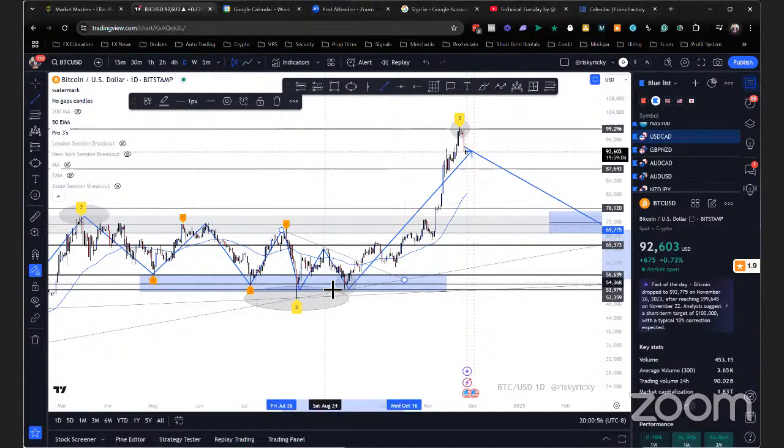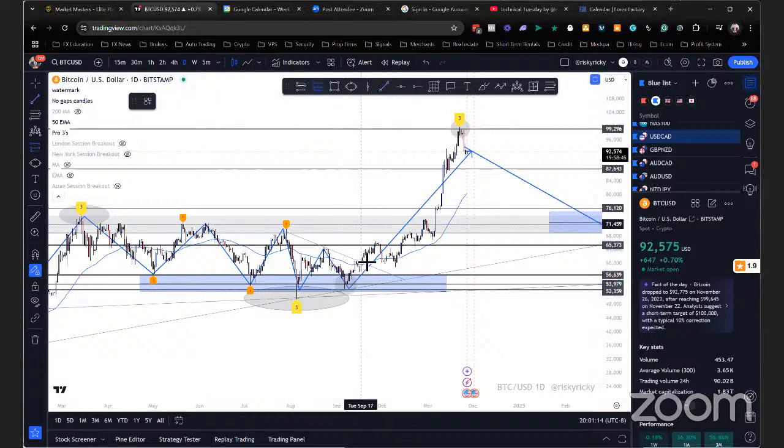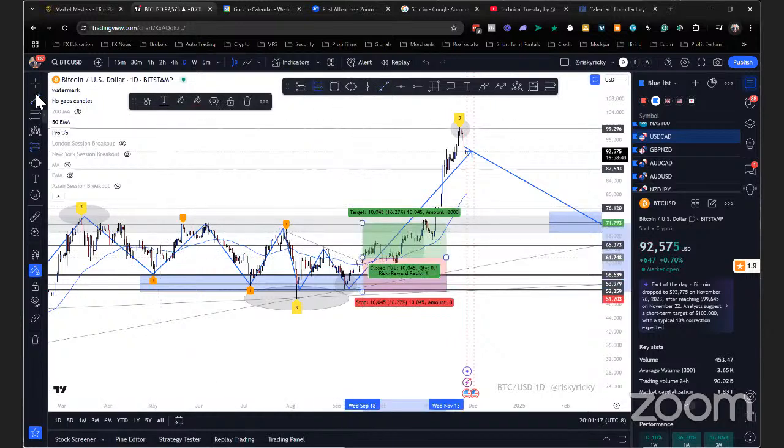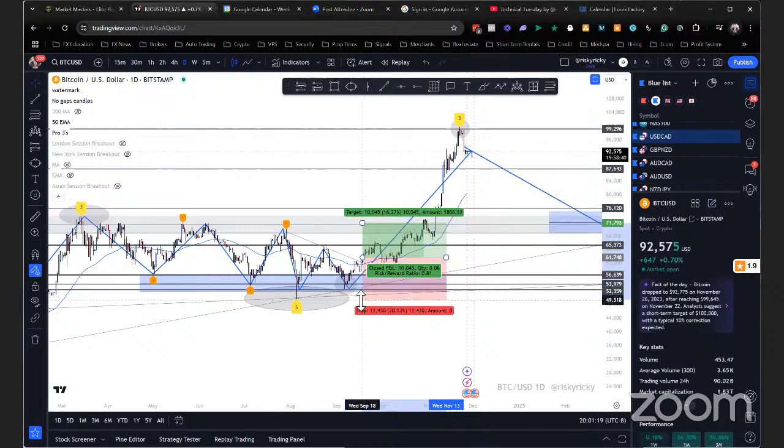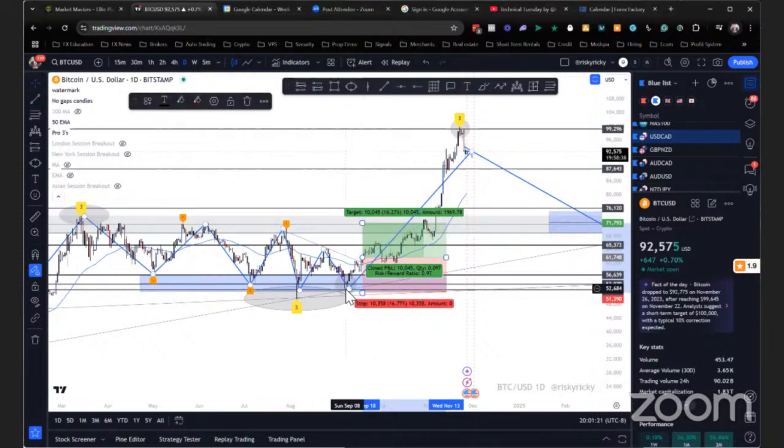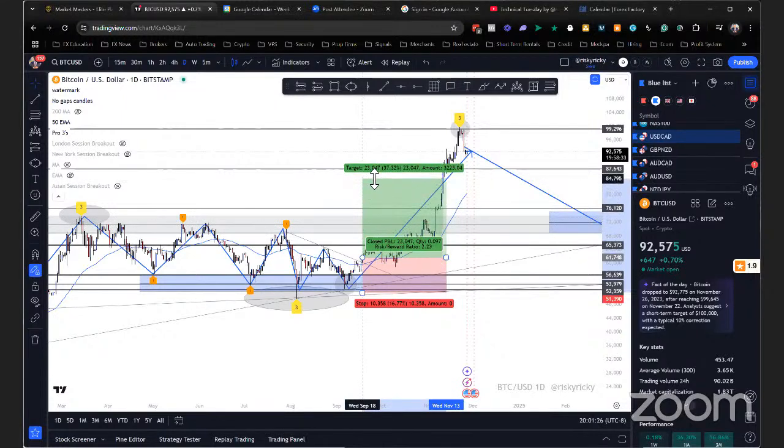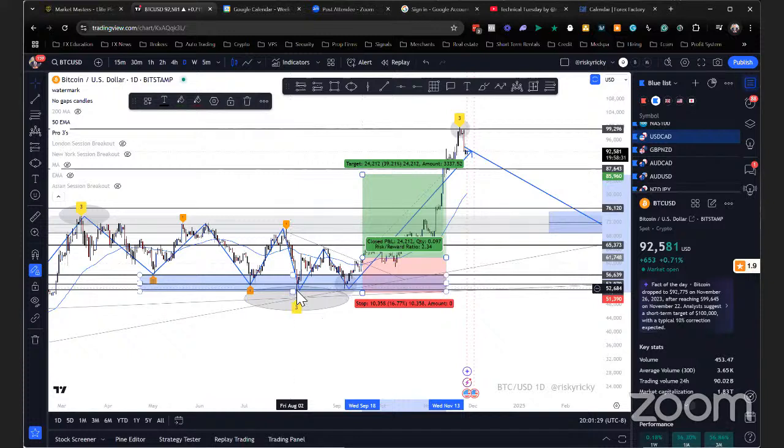Some people could see this as a triangle formation. I don't like seeing it as triangles or all these bullish wedges or bearish wedges, none of this stuff. I look for more structure. It did three bottoms. This is where the breakout happened. When the breakout happened here, stops could be at the low of this bottom here, and then take profit could be at highs or even higher, right? Because it's showing a three.